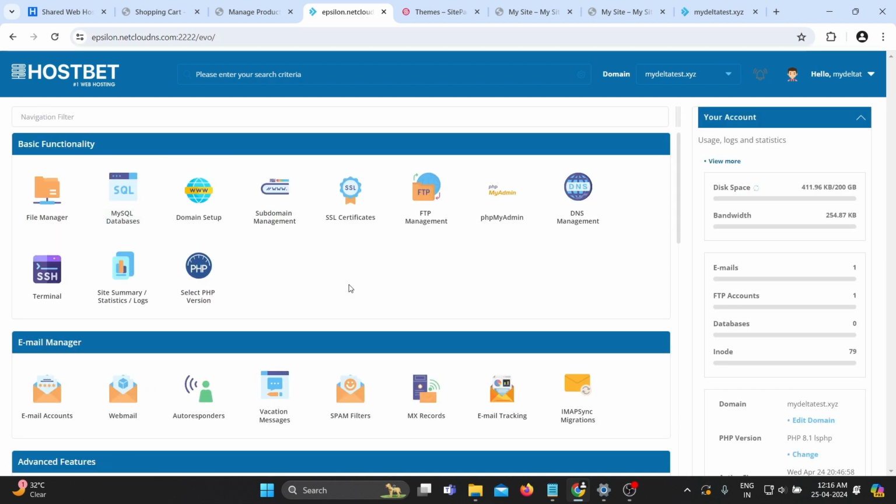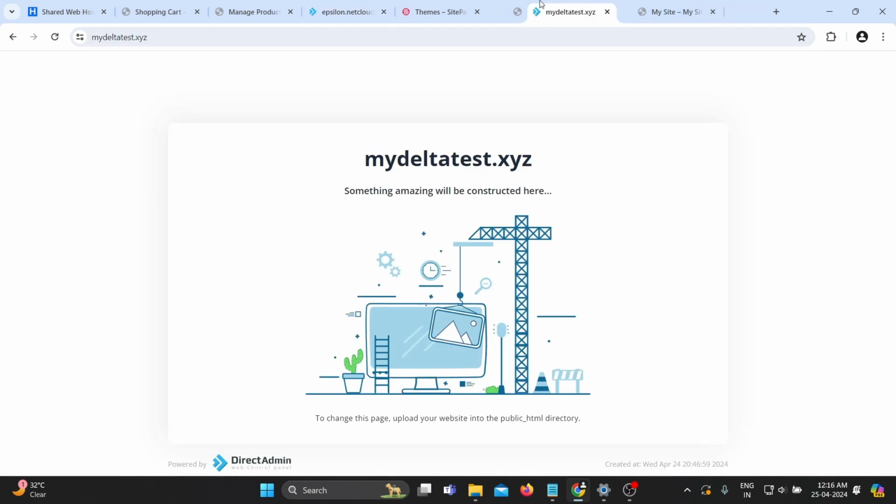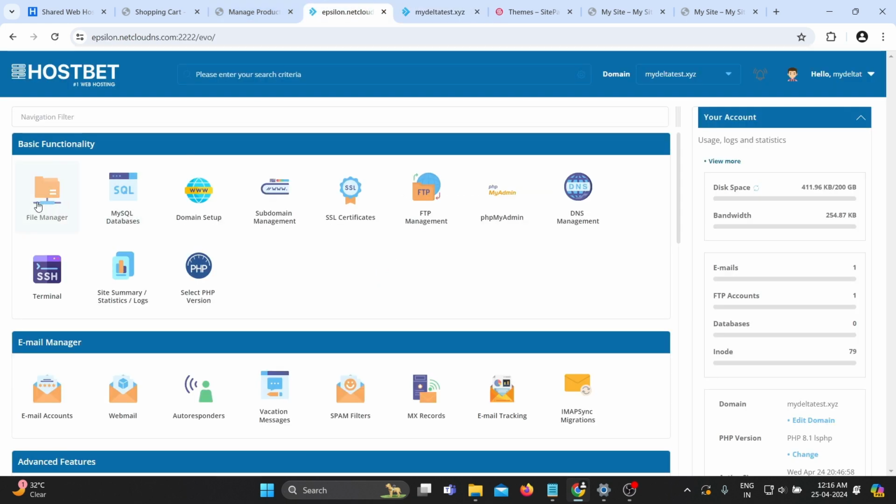and now our first step is to delete this sample page. You can see our website contains a sample page. To delete this sample page, we have to go to File Manager in DirectAdmin. You can see this File Manager option in DirectAdmin. Click on this option,